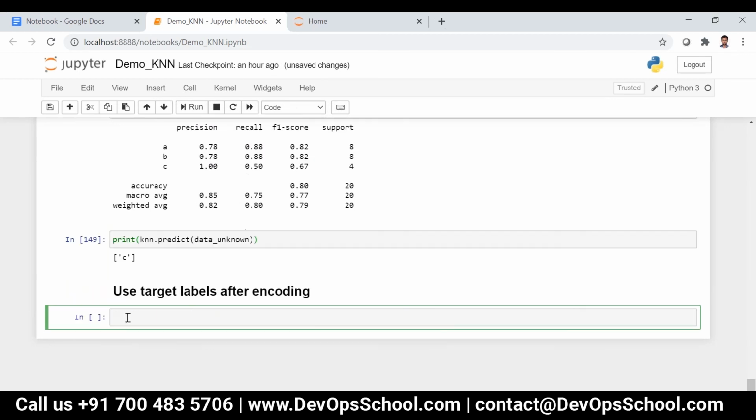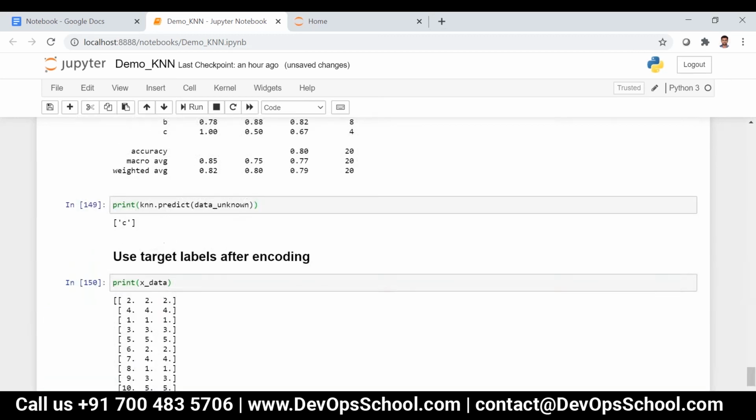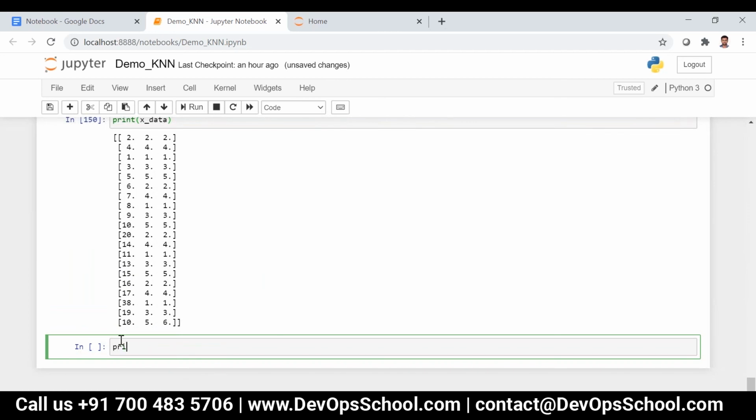Now I have x_data like this, and then y_data like this.